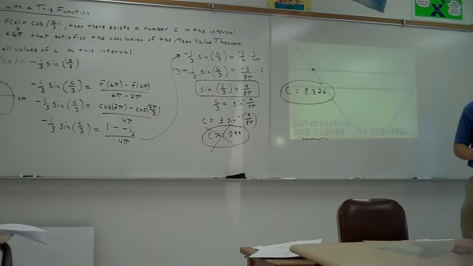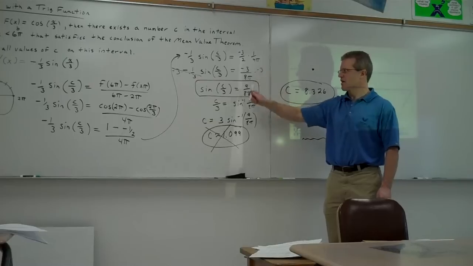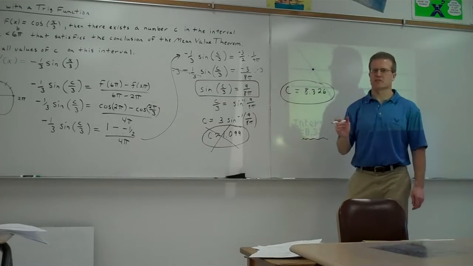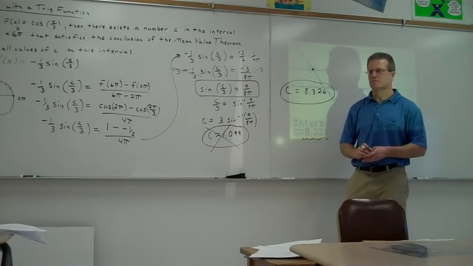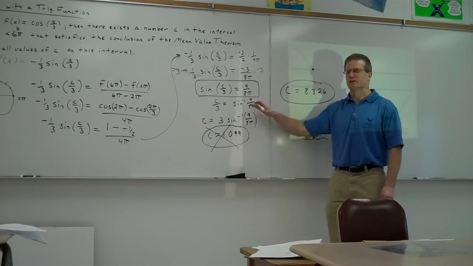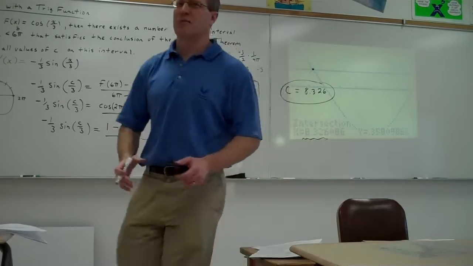So if we had something like that on the test, the best thing to do would be to get where you got the sine right there, and then graph it on your calculator and find where they intersect. Graph both sides, because that's going to guarantee you that you're going to get all the answers that you need. I wouldn't really worry about the last steps we did. This is another way to do it that you might have learned in pre-calc 1, but I'm just showing you that with that method, you have to be careful because